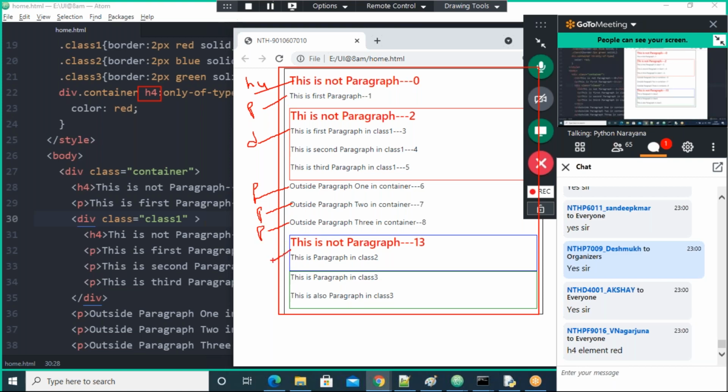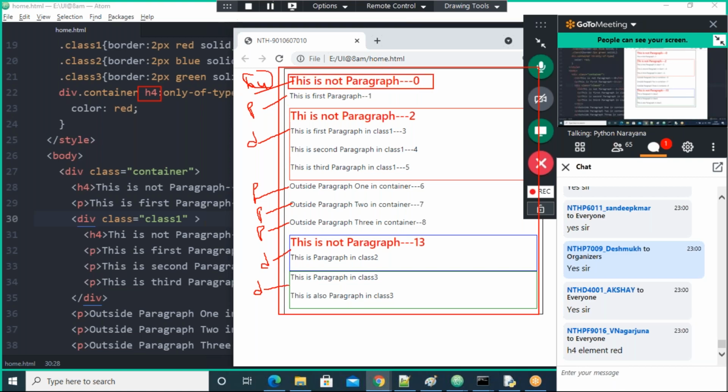And this one, which one? Division. And again this also division. This all I'm taking in respect of the main parent, guys. Now how many H4s are there? Only one H4 is there, but totally different elements are there. Out of all, only one H4. That's why it is selected, guys.